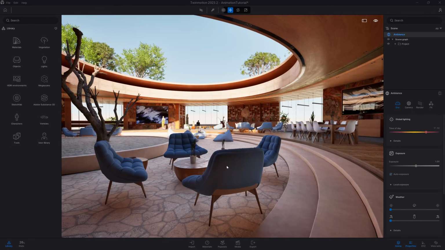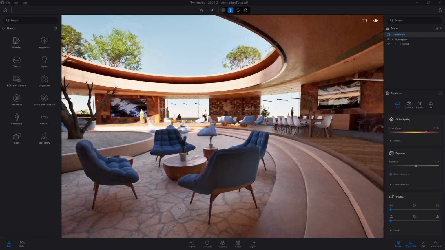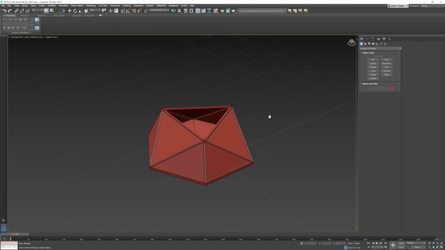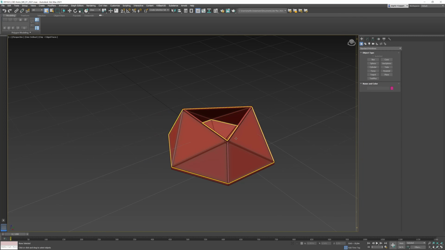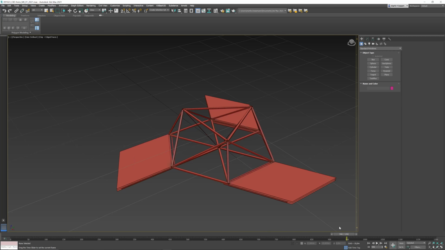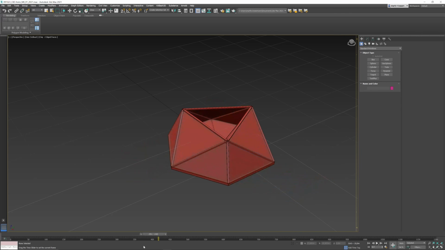To start with, I'm going to import an animation that I created in 3ds Max. So here is my file. It's a part of the ceiling. Here I'll grab my timeline and play the animation. I know that roughly it starts to play around frame 550. So here we have different pieces of my ceiling that open to bring some light inside my project.